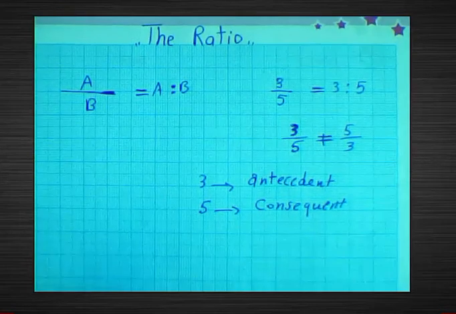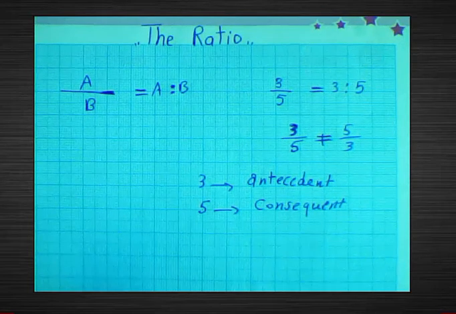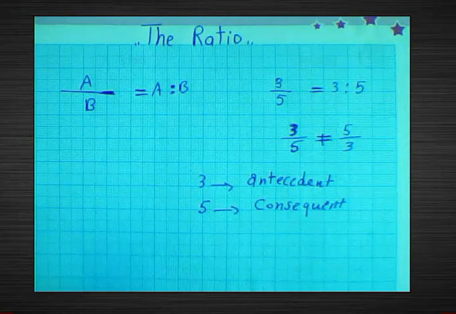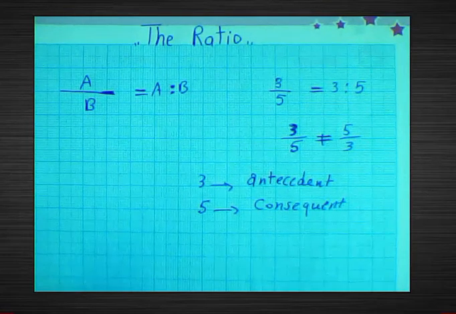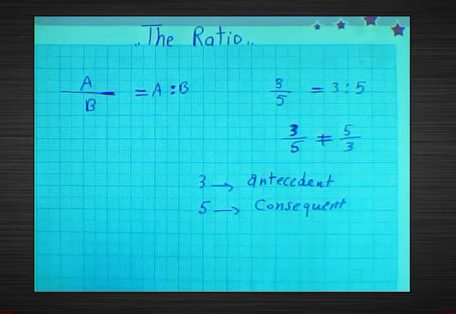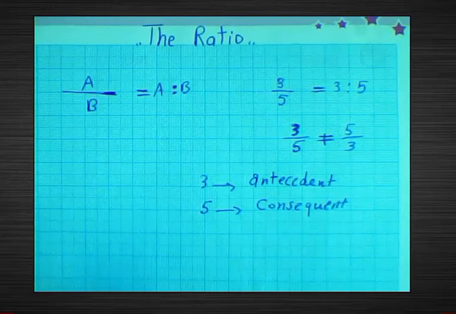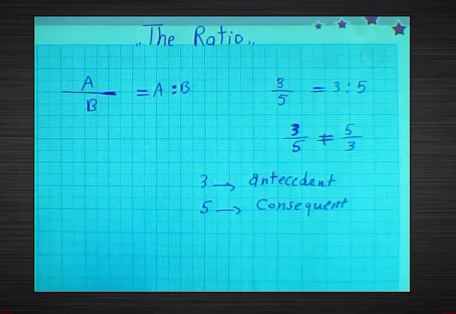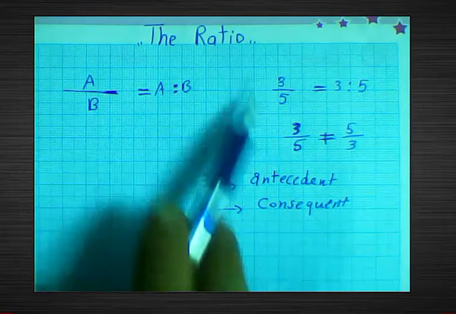So we must know the ratio is a way of comparing between two numbers or two quantities of the same type and of the same unit by division. We can simplify any example by division. And you must know the prime factors, because we divide the numerator and denominator, or the first number and second number,